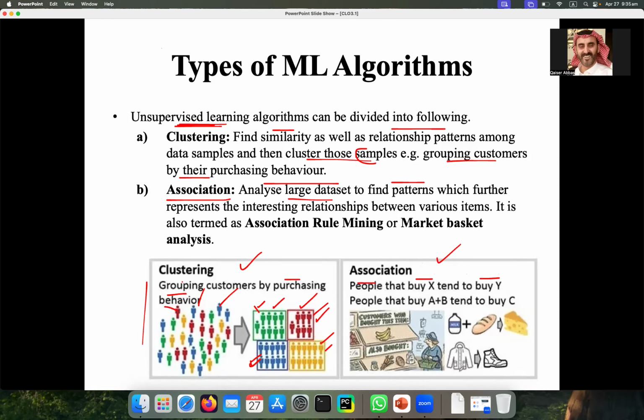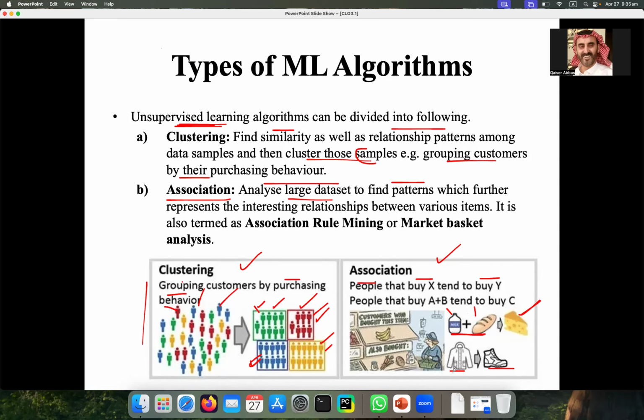The people who are buying this coat are also buying these shoes. And the people who are buying A plus B, meaning milk and bread, are also buying cheese. This is one relationship that you have identified from the sales data. You have identified that the people mostly who are buying these two things are also buying cheese.